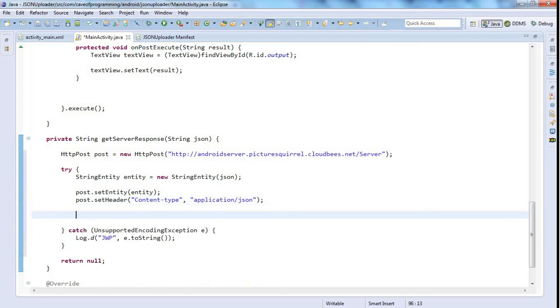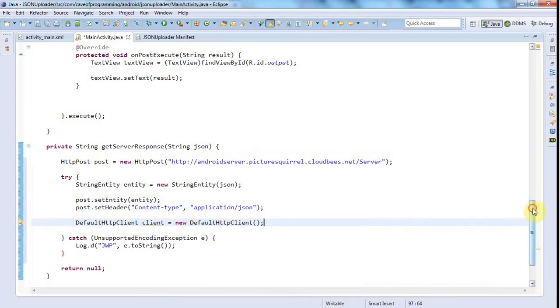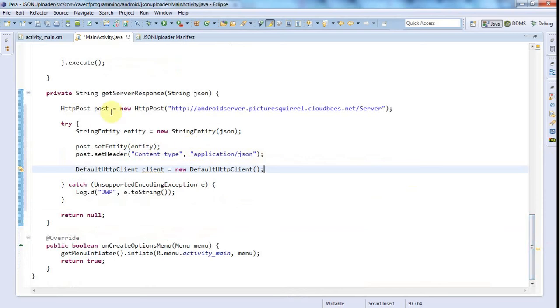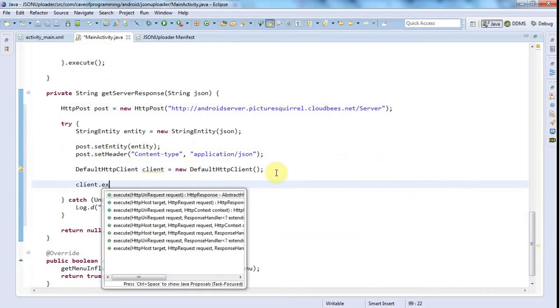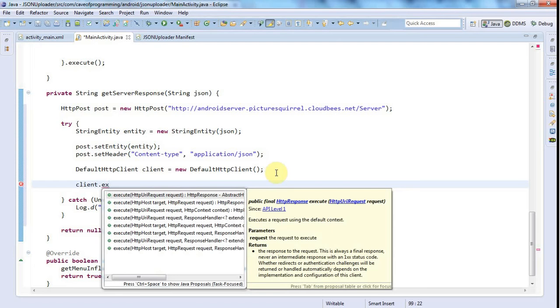And now I'm going to use a default HTTP client, and let's call this client equals new DefaultHttpClient. And this is the thing that's actually going to send the post request. The HttpPost here just encapsulates the idea of the actual request, but it's the HTTP client that's actually going to send it. And I'm going to use client.execute, and I'm going to pass in my post